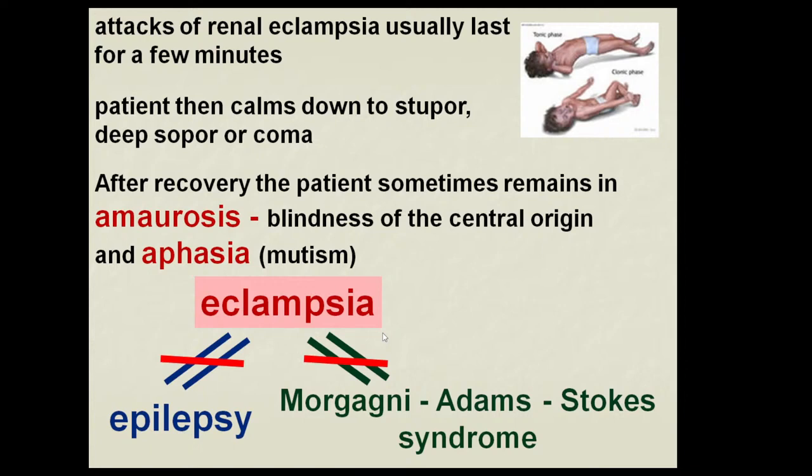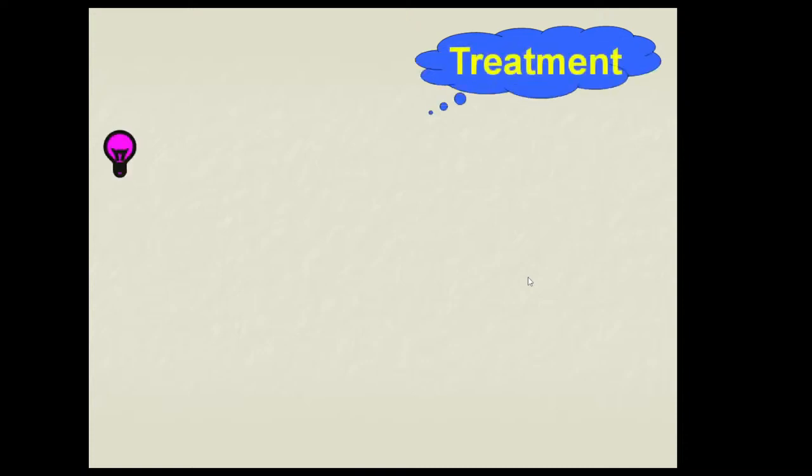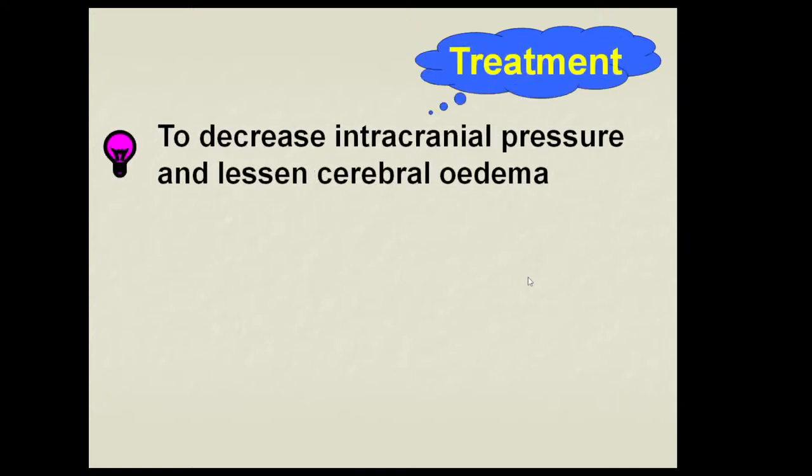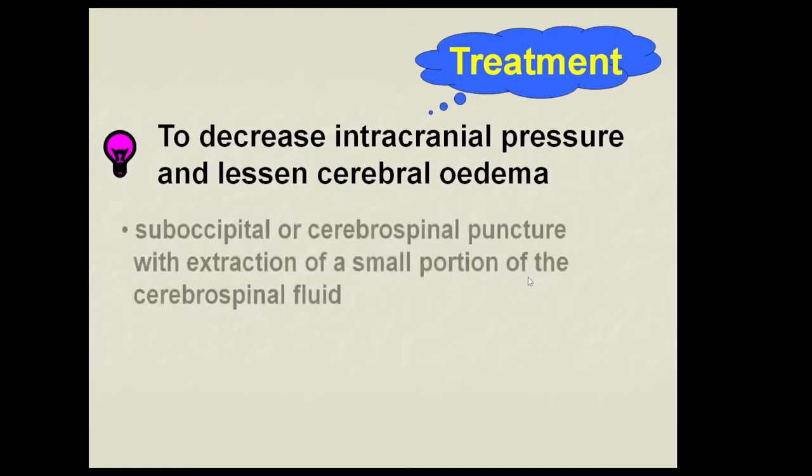The basic characteristic of eclampsia is increased intracranial pressure, which is the differential diagnosis index for differentiating eclampsia from epilepsy and Morgagni-Adams-Stokes. The basic pathogenic mechanism of eclampsia is increased intracranial pressure. The principle of emergency aid is to decrease intracranial pressure and latent cerebral edema, which is possible due to